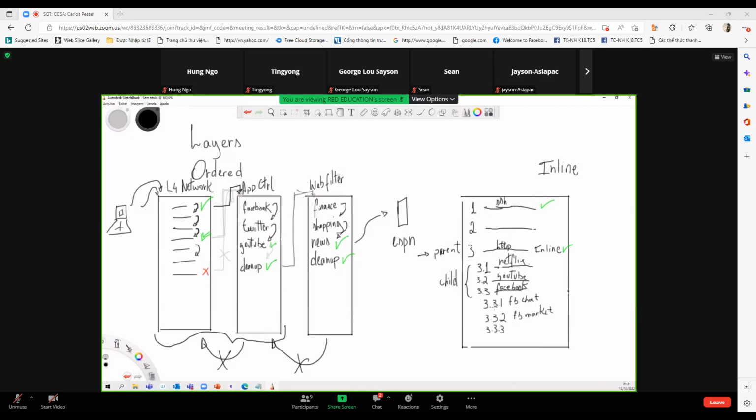Okay. So this is another child. So this is a child for this parent, but this one is parent for this guy. And you can have like a 3.3.3.1, right? And then a 3.3.3.1.1, and so forth. Okay. As you can see, it's becoming complex, right? And you can also add and combine inline with ordered layers,